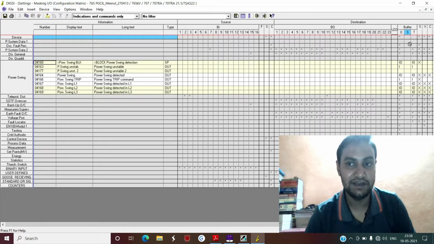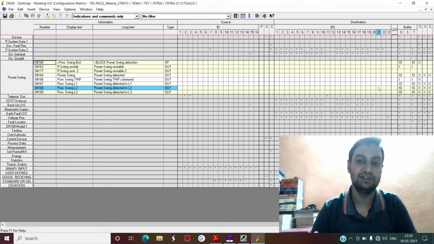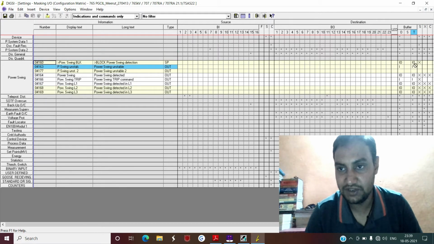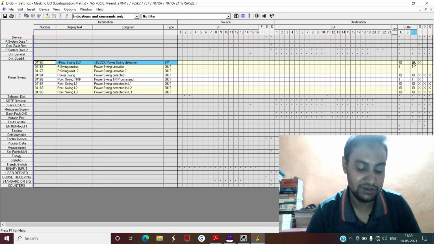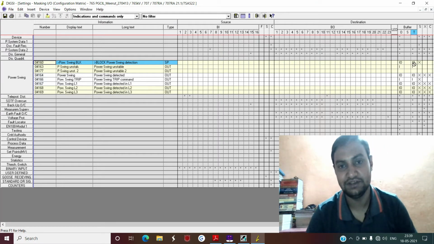So if you configure any signal inside this trip log, that will be available to you as a part of the trip log after any fault detection by your system. Whenever a relay operates or whenever the relay picks up, all these signals will be available to you in your trip log depending upon your settings, whether you want to save as pickup or whether you want to save as trip. Now, if you see here, the settings are basically either I or IO. If you select this as IO, then inside your trip log, the signals will be available to you on both instances, when it is getting high as well as when the signal is getting low.